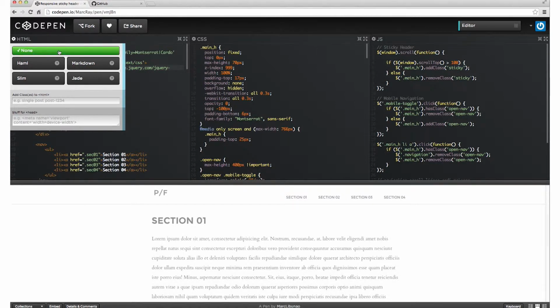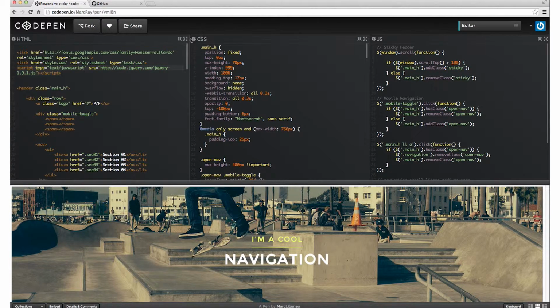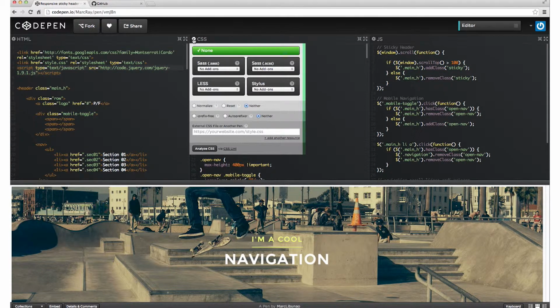So as you can see, none is highlighted here, and that's exactly what this user is doing. Under CSS, if we look at the gear, you also see none. With CSS, there are several preprocessors that handle some of the more common functions in CSS. If you have a lot of animation, or if you have things that need to work cross-browser, sometimes you'll use a preprocessor to handle some of that heavy lifting for you. And 2 or 3 of the more popular ones that I know of are Sass, SCSS, and Less.